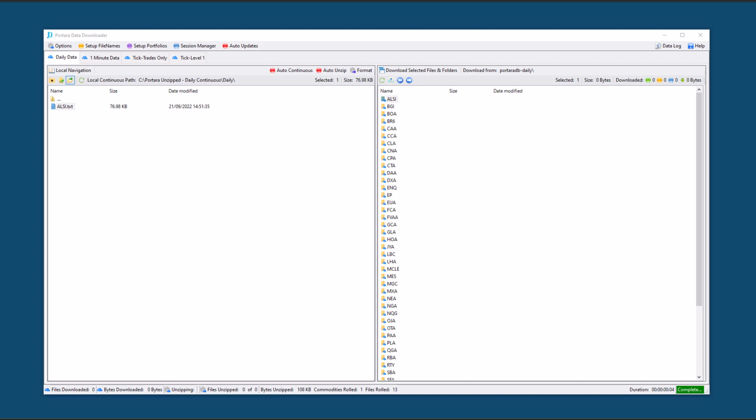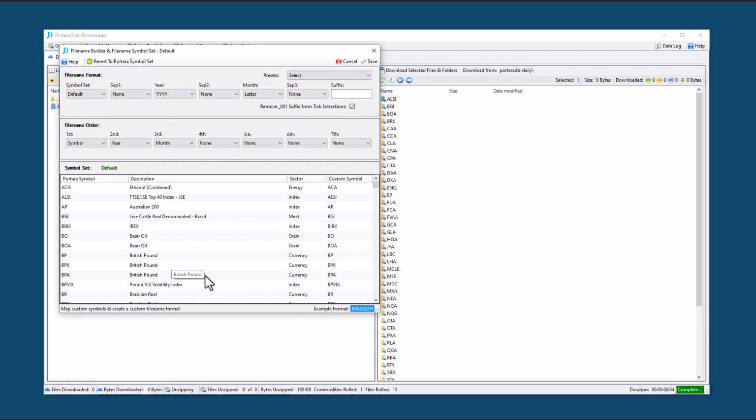I'm just going to run through some of the menu UIs that you can use. So there's set up file names. You can click onto set up file names and build your own file names. You've got presets for things like NinjaTrader, and you can see how that's altered to suit the formatting routines for there. For trading blocks it's the same for CQG and for Portara, and the symbol sets you can change in